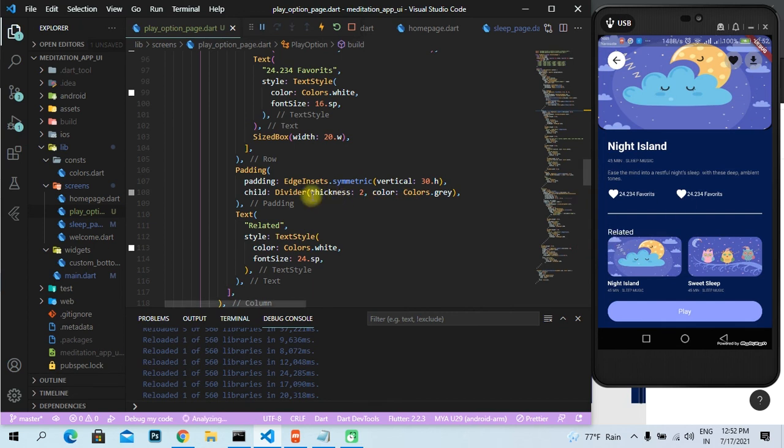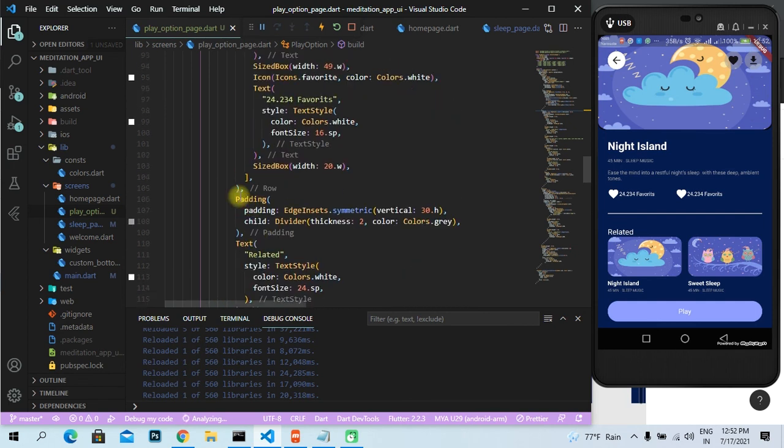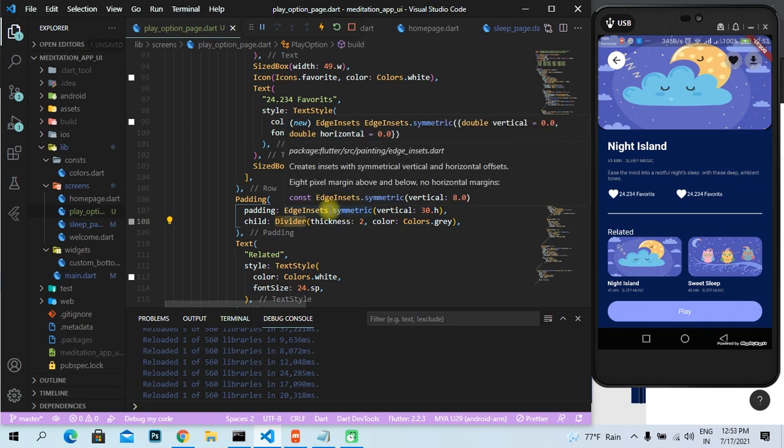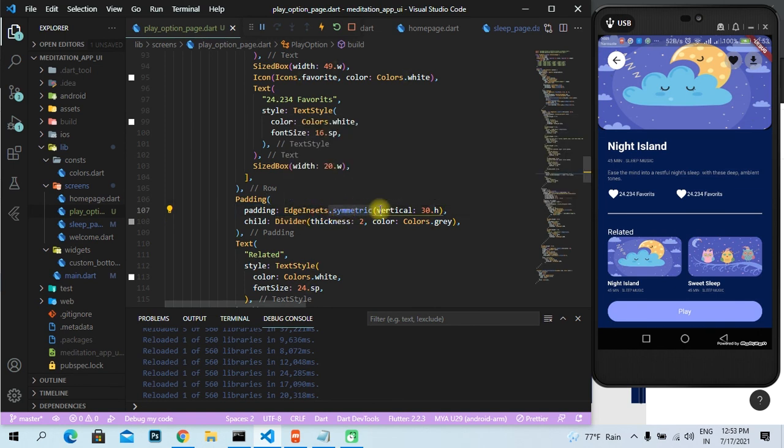Then another thing we have, this is the divider. After that, you can see here I've given the divider, and since the padding vertically was 30, from up and down both the padding was 30, so what I did was I gave this common padding and I used the symmetric edge insets, and then I provided the vertical padding of 30. So after 30 this divider is being displayed, and after that